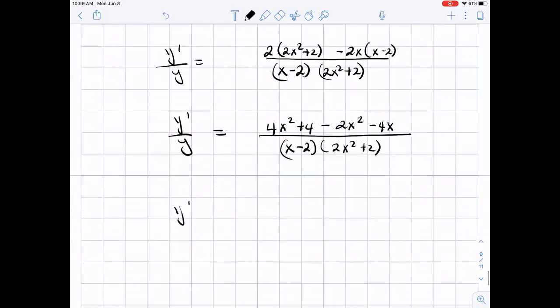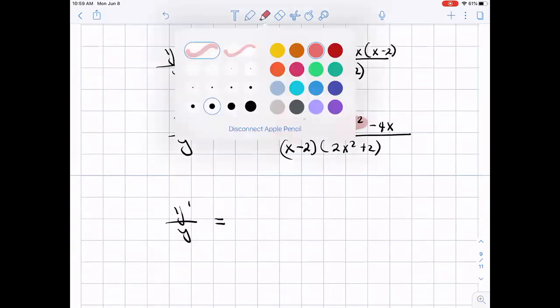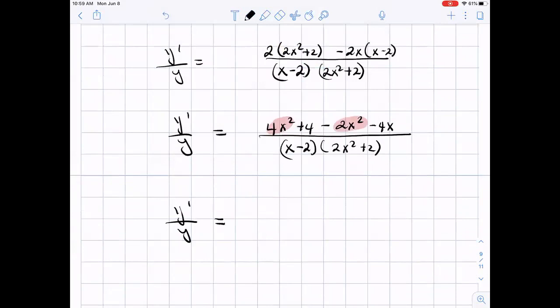So we have y prime over y is equal to, gather like terms, 2x squared minus 4x plus 4 over x minus 2,